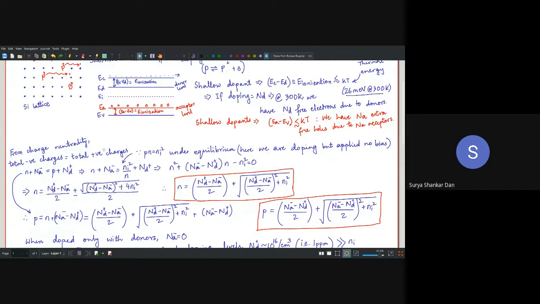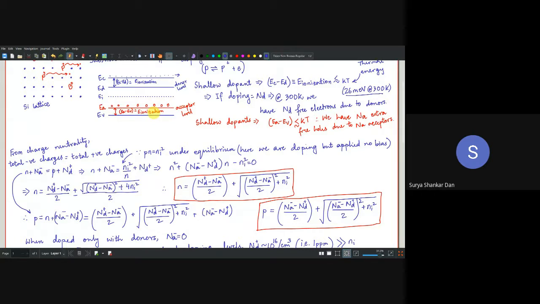So that means from intrinsic silicon you have made extrinsic, but you have not applied any biases. Once you apply biases, it will become slightly more complicated, and we will see how it leads to carrier transport. So what is happening in carrier transport? These free electrons and free holes will start moving away from this locality. Once they are swept away by the biases from the terminals, it will open up new space for new carriers. We will learn carrier transport.